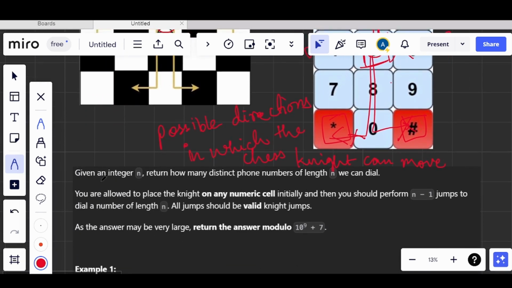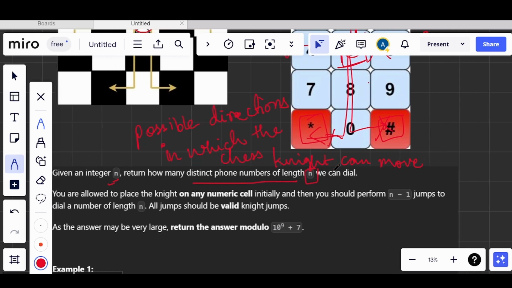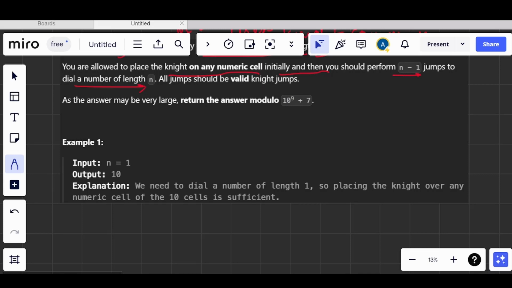They have told that we have been given an integer, and we need to return how many distinct phone numbers of length n can we dial. So if we have been given n equals 1, like we have been given here, what does n minus 1 mean? That we cannot jump anywhere, right, because the number of jumps will become 0. So what we can do is we can stay on that exact same place and we cannot move anywhere.